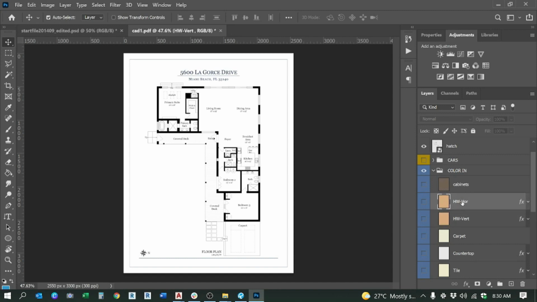This is for the flooring, and the meaning of horizontal or vertical depende sa floor plan na paggagamitan. So in this type of floor plan, we will use the vertical kasi mas mahaba yung vertical part niya. Okay, so we can just delete this and then